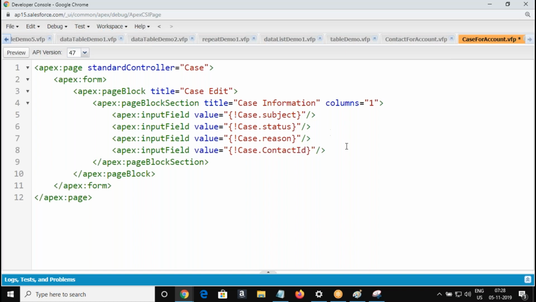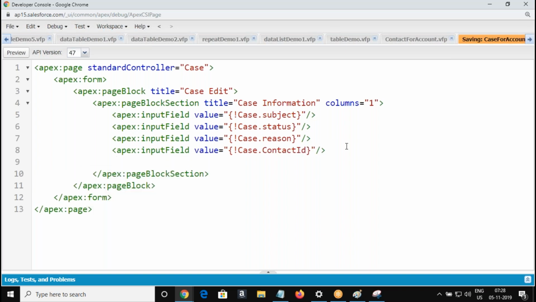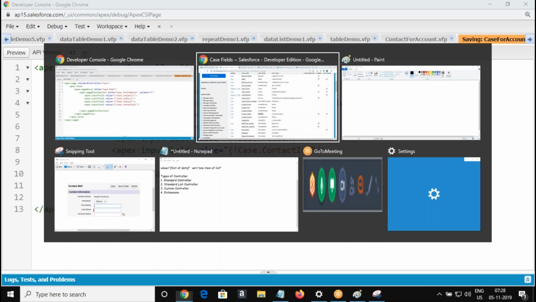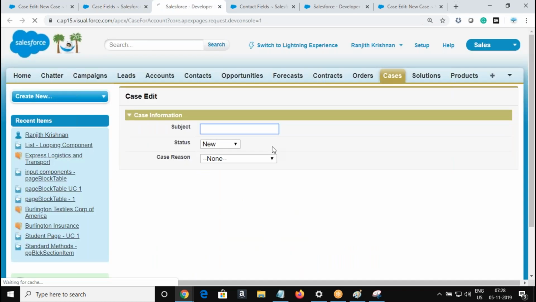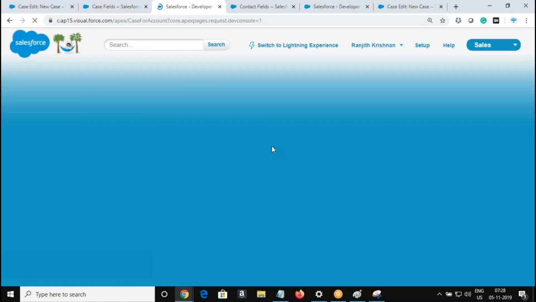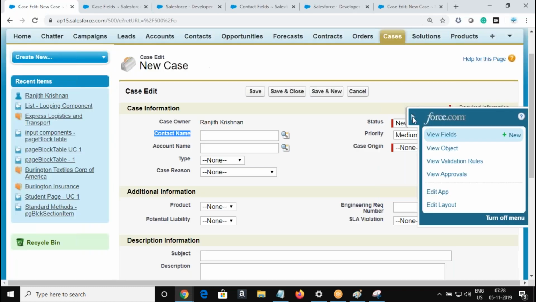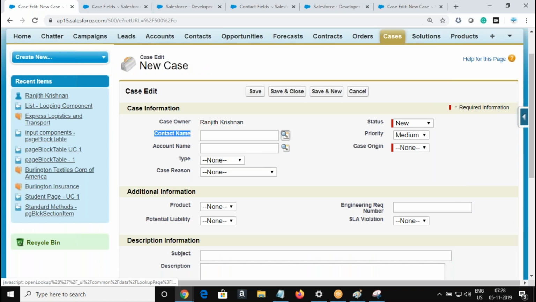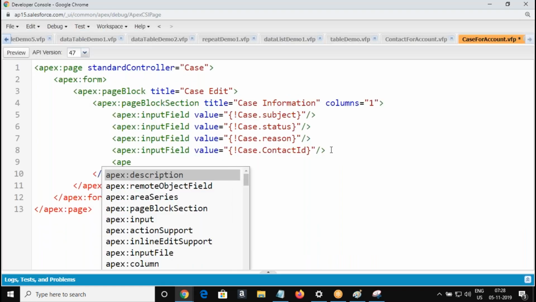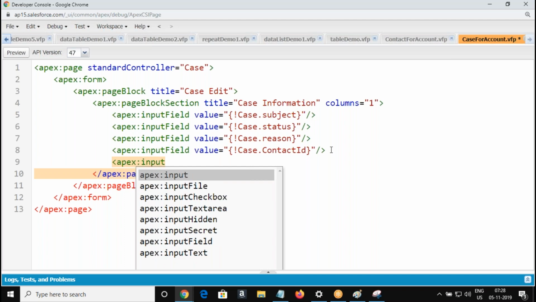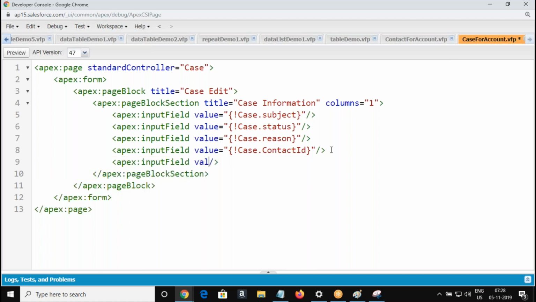Am I right? Similarly, we will follow this for the account: Account ID.